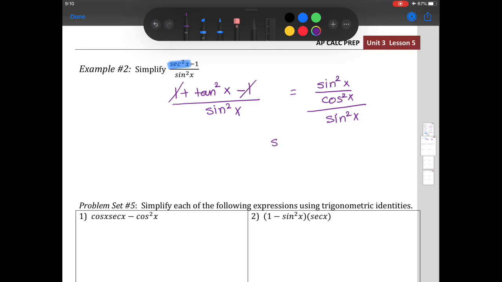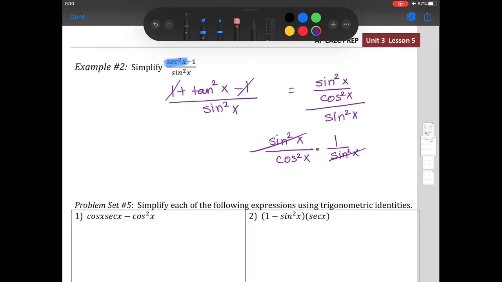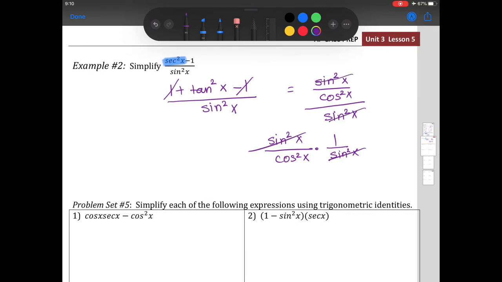This becomes your complex fraction, which you do keep change flip, so you're left with 1 over cosine squared x times 1 over sine squared x. The sine squared x's cancel out. Some of you can see it up here also, then it'll cancel out here. That's fine. You don't have to show that extra step. What are you left with? 1 over cosine squared x. 1 over cosine squared x is what? Secant squared x. So I want you